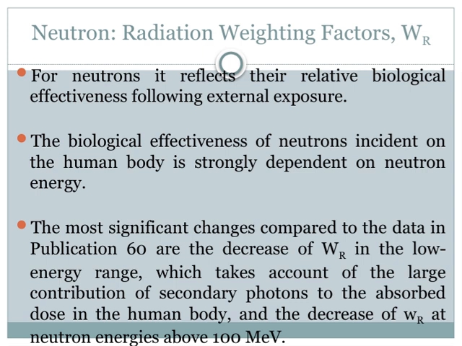This reflects our improved understanding of their biological effects at these very high energies. Overall, these adjustments help us better estimate the true biological risks associated with neutron exposure, which is crucial for radiation protection and safety measures. It all ties back to our goal of accurately assessing and managing radiation risks in various